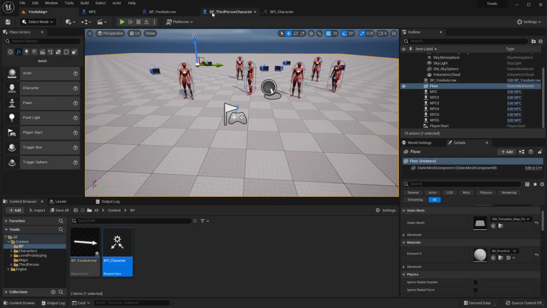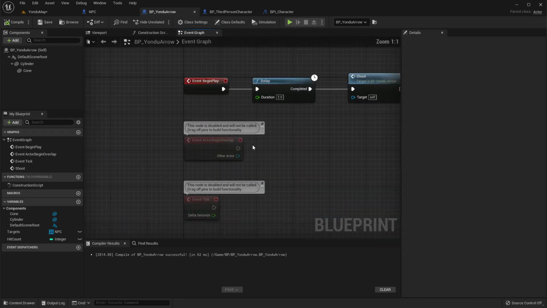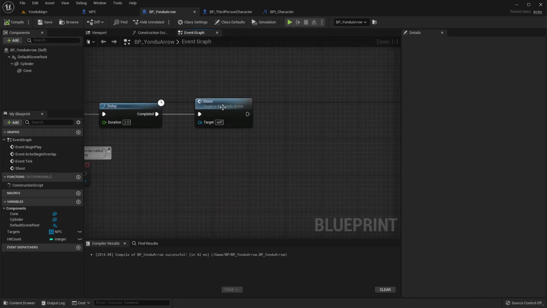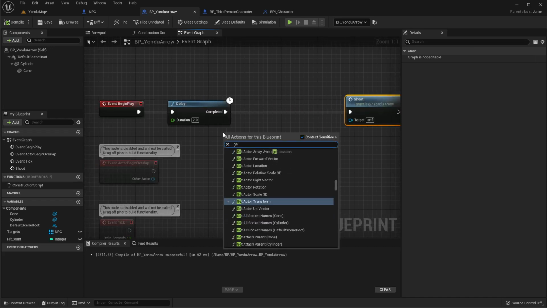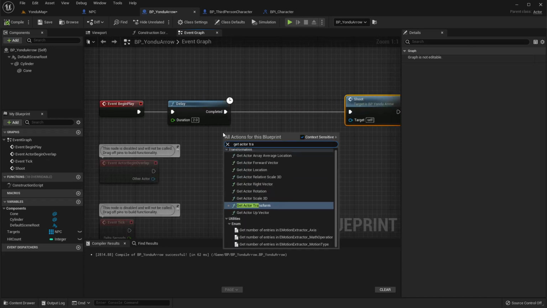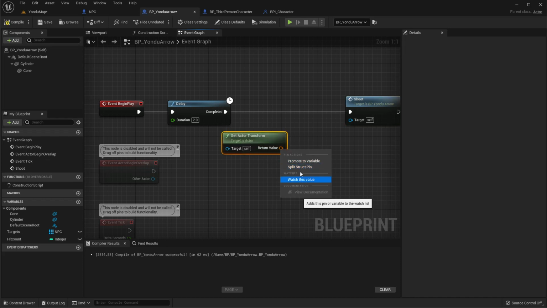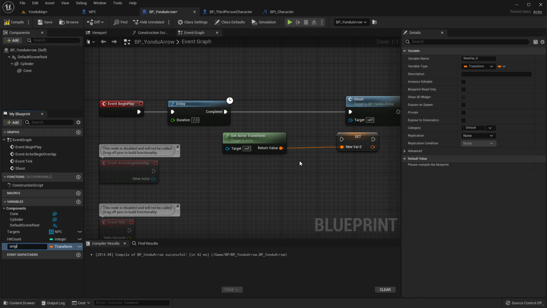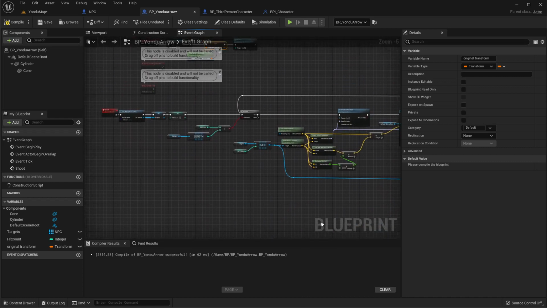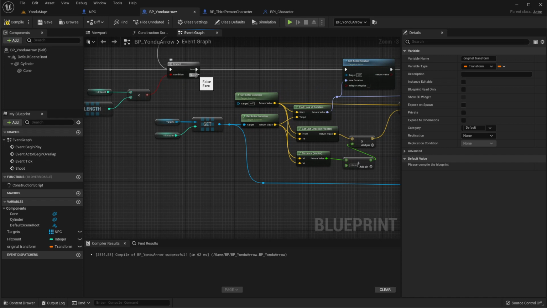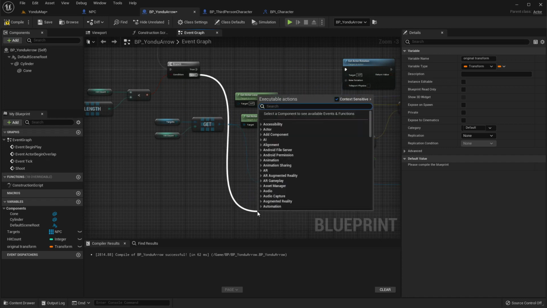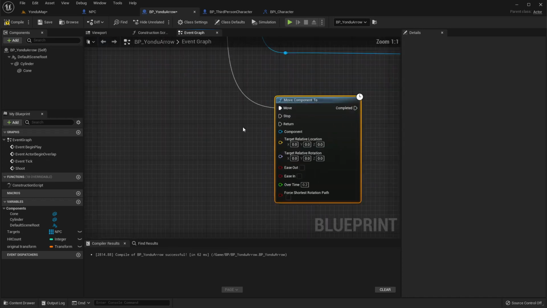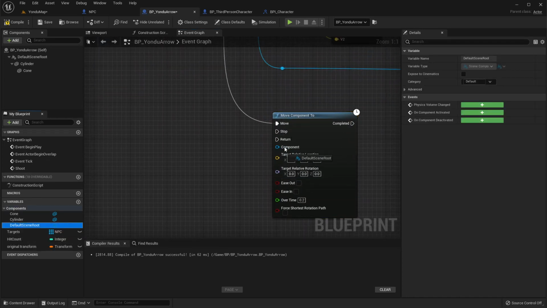So let's do that part too quickly. We need to get actor transform and promote to variable, original transform, save it, and once we finish all the targets, here we can call move component to again with the default scene root